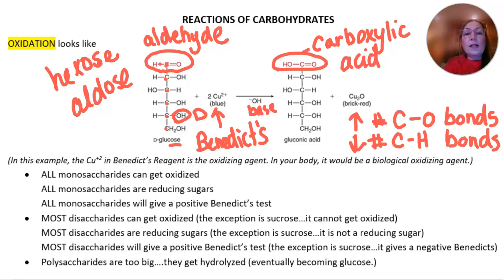So on our aldehyde, we used to have this C to H bond connecting the C double bond O, C to the H. We've got one less bond there. And we've got one more C to O bond when the C ends up not only double bonded to an oxygen, but bonded to the O in the OH to make the carboxylic acid. So that's oxidation